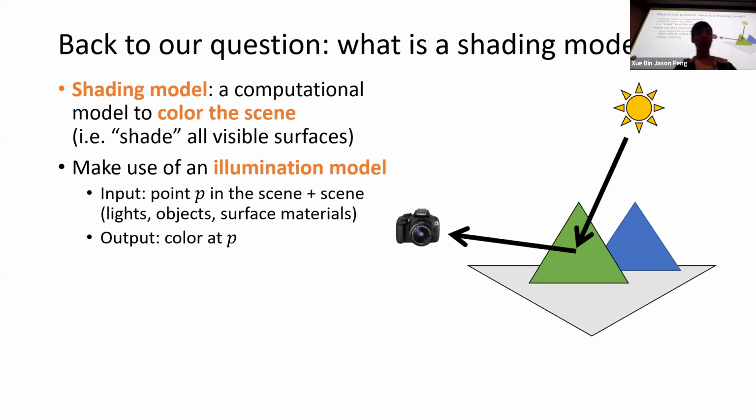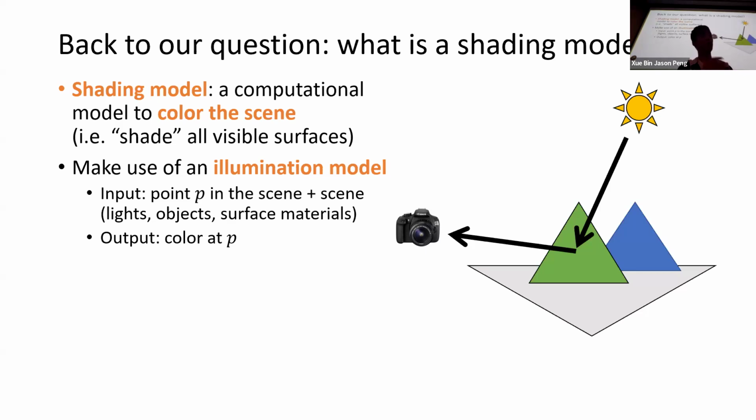We can think of an illumination model as a function that takes as input a point P in the scene. So this is some point that lies on the surface of an object in the scene. It's then also going to take some additional information that describes the scene around that point. So this might contain information like